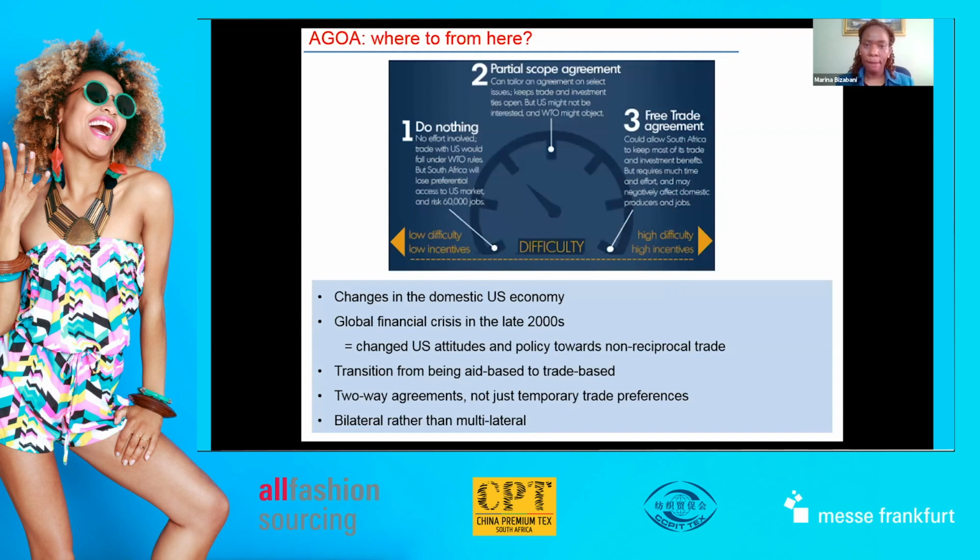So the first thing, obviously, is China supplanted the USA in the African market. And there's been huge changes to the domestic economy in the USA as well that we need to take cognizance of. And a lot of agreements, such as the ones that we're dealing with now, are moving away from aid-based to trade-based. And with the African Continental Free Trade Agreement, we are now going to be part of probably one of the biggest trading blocks in the world, which will give us some clout.